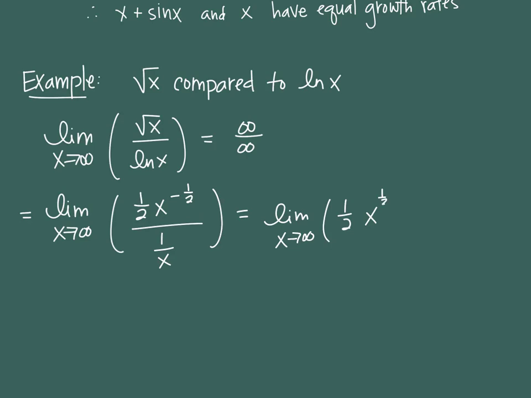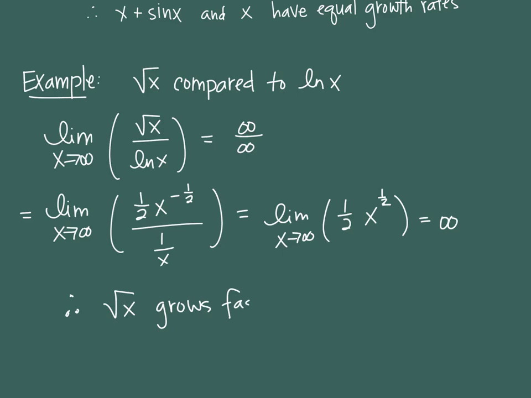I think it's multiply by the reciprocal, right? So this is 1/2 x to the negative 1/2 times x over 1. So I just get 1/2 x to the 1/2. And so, therefore, the answer to that is infinity, which means square root of x